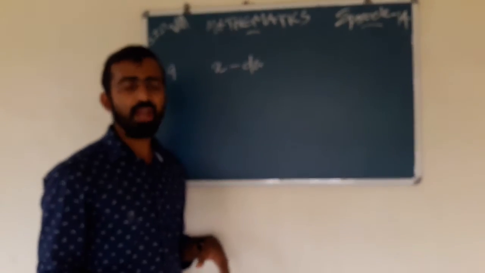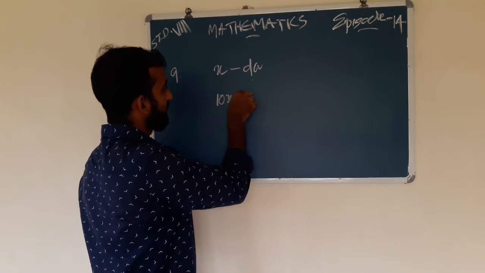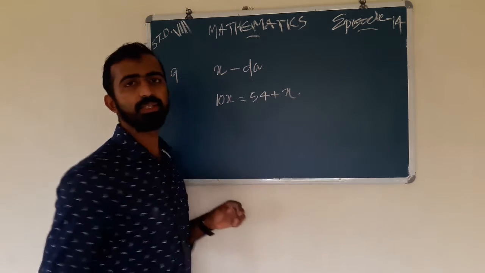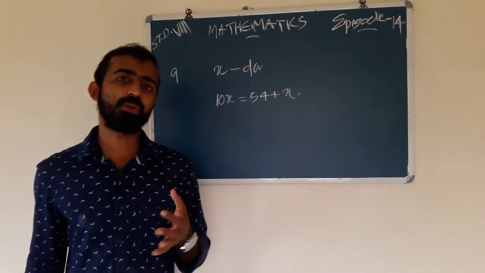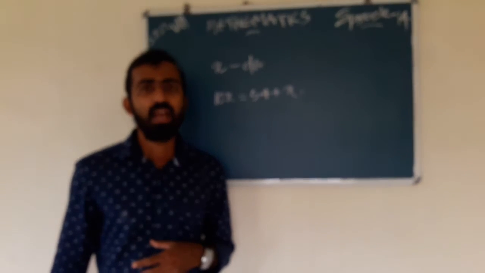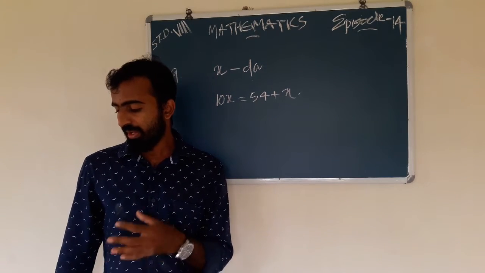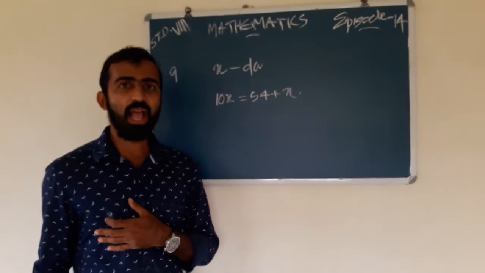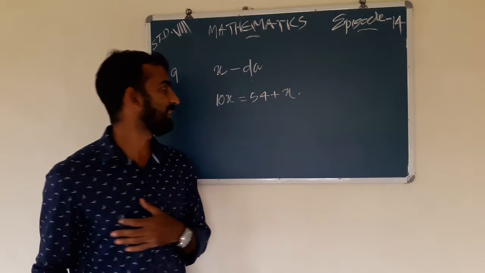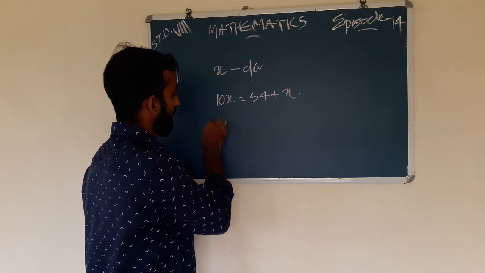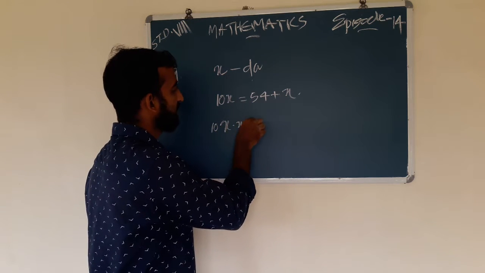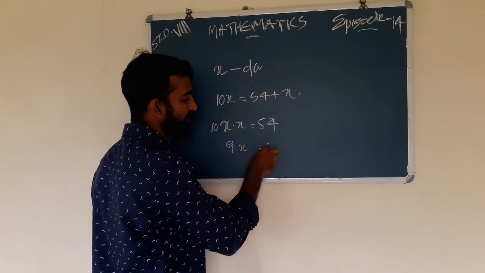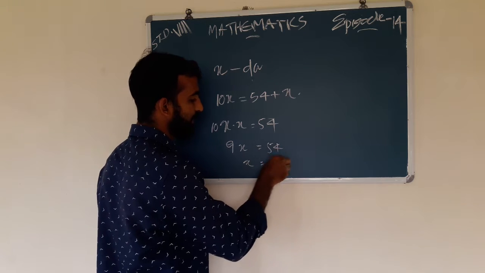When we take x as the granddaughter's age, we can write 10x equal to 54 plus x. That is, he is 10 times older, and he is also 54 years older than the granddaughter. So we get 10x minus x equal to 54, that is 9x equal to 54. x equal to 54 by 9